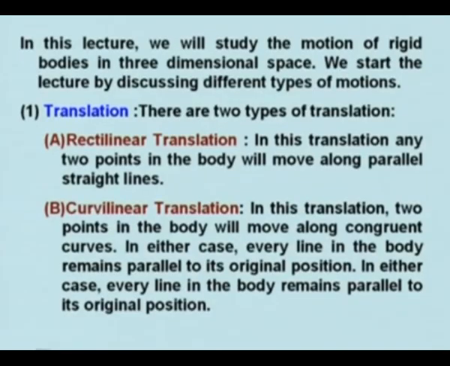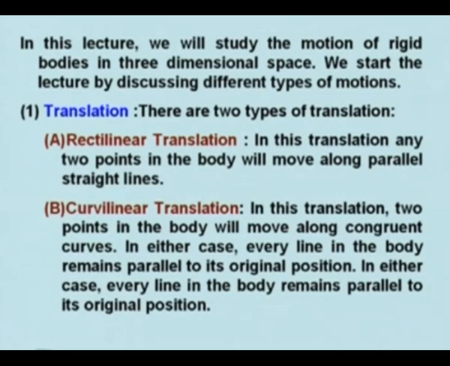Like in two-dimensional motion, you may know that if a disk is rotating with a constant angular velocity, then there is no torque acting on it because there is no angular acceleration. But in three-dimensional motion, even if there is a constant angular velocity, there can be some torque. These types of things we will study here. So if I start from 3D kinematics, in this we first study the motion of rigid bodies in three-dimensional